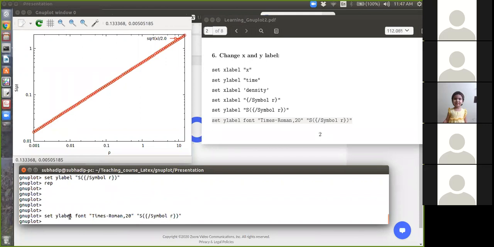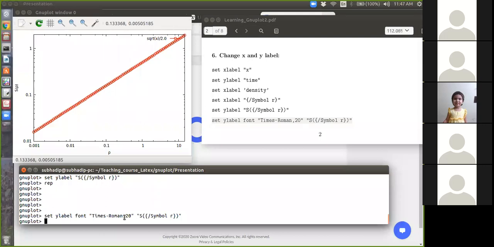Okay, so if you want to change the font size or type of the X label or Y label, you just need to type the font style, Times Roman. So no, first you have to type font. This is the command. It will read that you are giving some instruction to change font style and size.